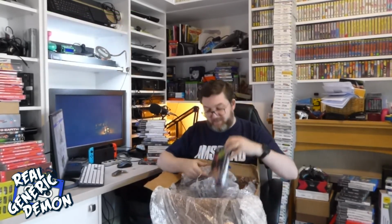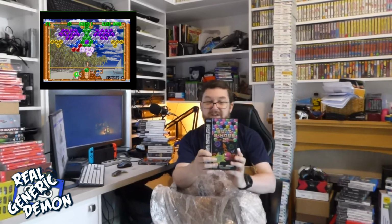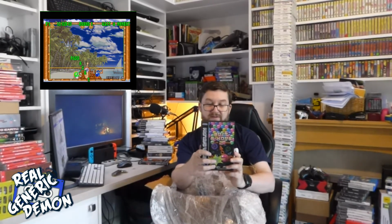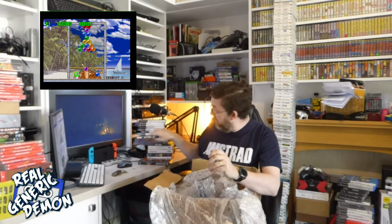Let's have a look at the next one. Another one for the Sega Saturn collection, Buster Move 2. I quite like Buster Move. It's a funny one, isn't it? It's the Bubble people. You know, they've created a number of games, and Buster Move's just one of those. It's a sensible sort of puzzle matching colour arcade game. It works really well. It's out on lots of other systems, but I just fancied it on the Sega Saturn. I'm looking for Baku, but I'm gonna have to wait, I think, until all this